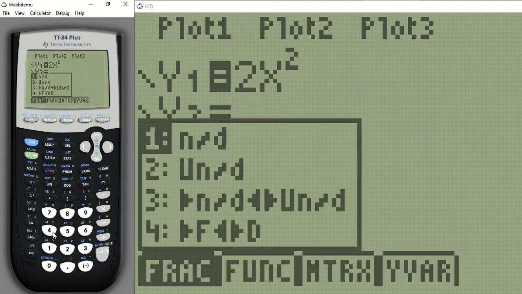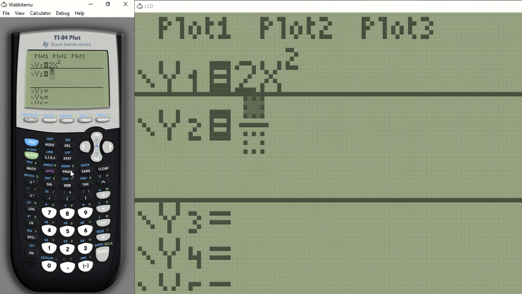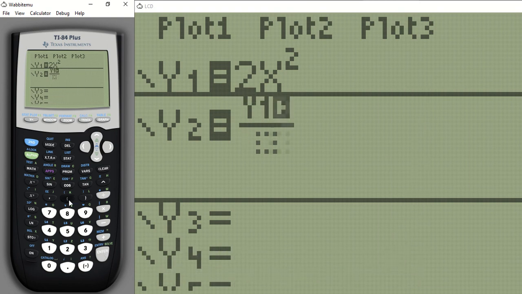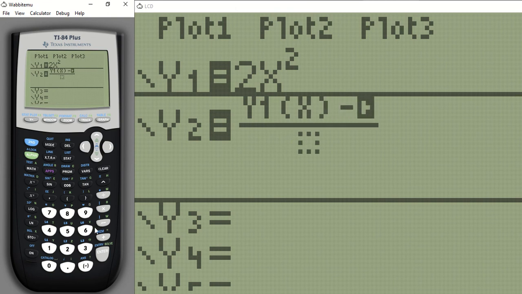So we're going to do an alpha y equals, that gives us a nice looking horizontal fraction bar. But remember, if you've got an older calculator, you'll have to just use parentheses and a regular division symbol. So then what we're going to do is the function that we've got. I could type in 2x squared here if I wanted, but since I've already typed in the function up here in y1, there's a shortcut: alpha trace gives me all of my functions. So I'm going to do y1 of x, that's the same thing as f of x, minus y1 of